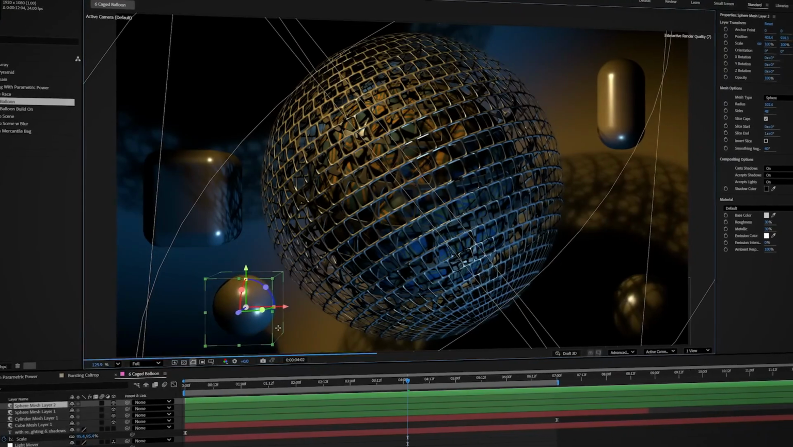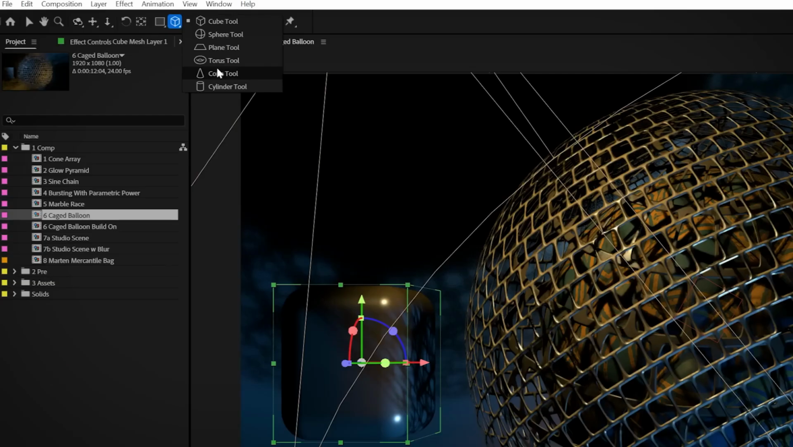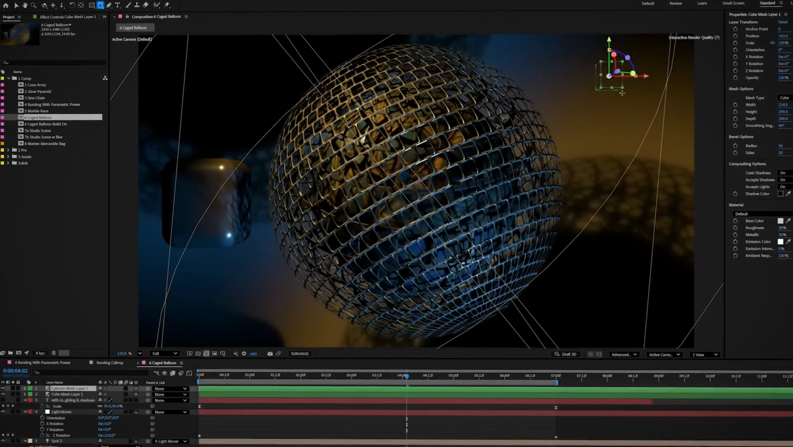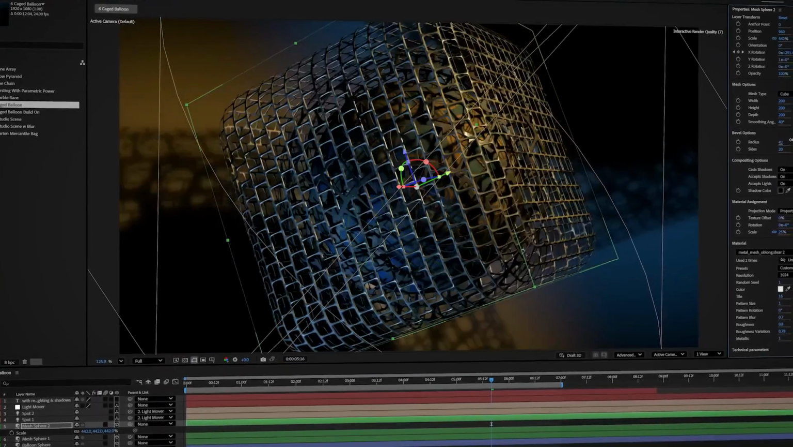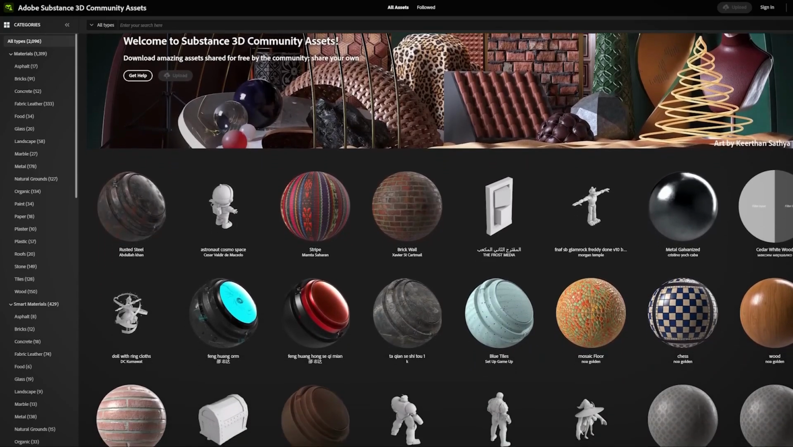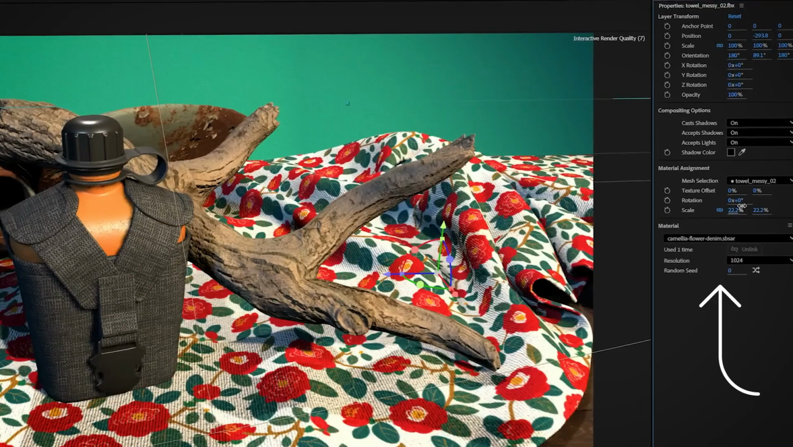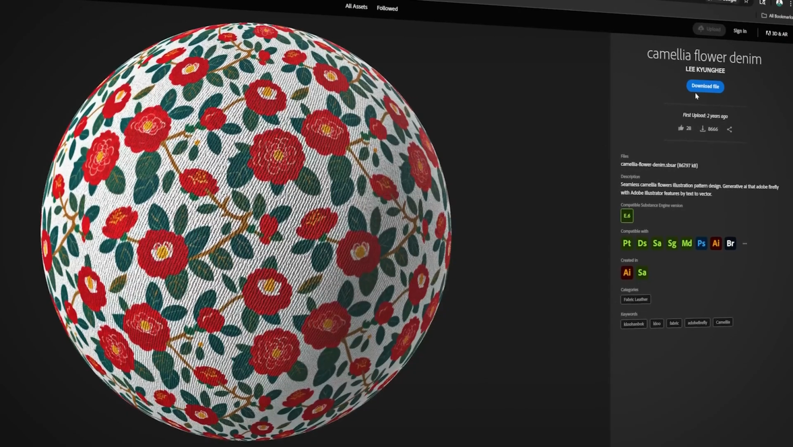Another big update is native 3D support. You can now create parametric 3D objects like cubes, spheres, and cylinders directly inside the software. No plugins or external apps needed. And these aren't just basic shapes, they're fully customizable and non-destructive, so you can adjust size, bevel, and detail anytime,